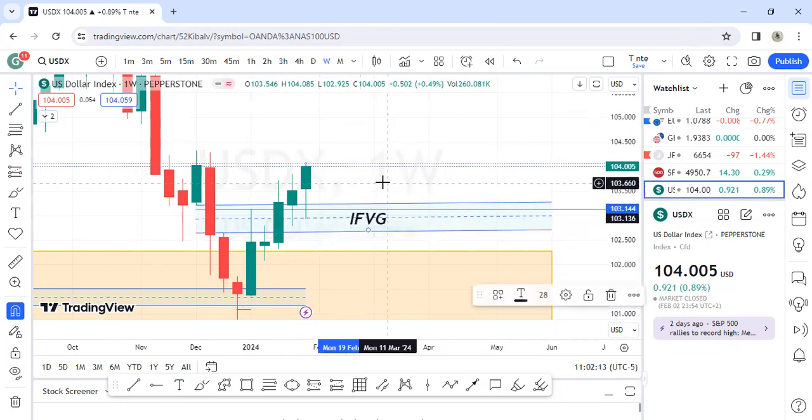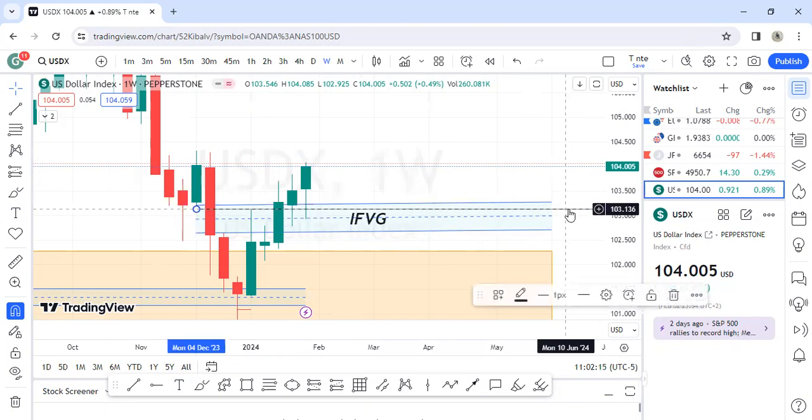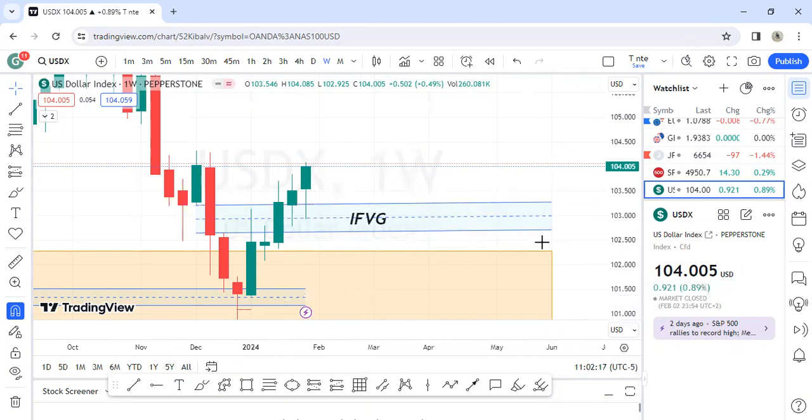So IFG was here. IFG was there because there was a fair value gap here. Like I said, the market closed above the IFG and then it came back to bounce on it. So this one you can set and mark out beforehand. All right. So IFG was there, the market came and bounced on the IFG, and then you can see the market has been rejecting from the inverted fair value gap.